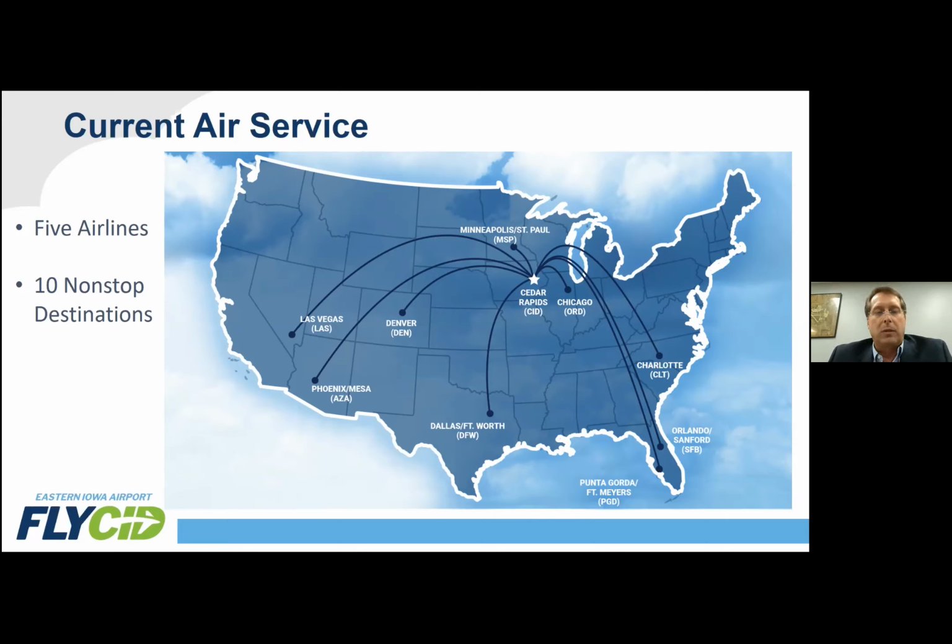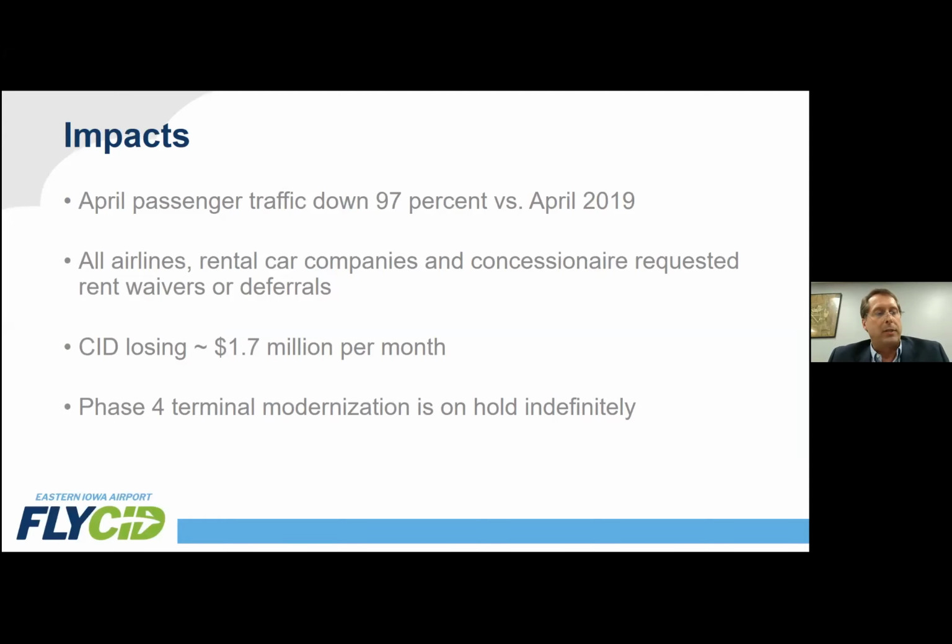But places like Lincoln, Nebraska are losing Delta service. Lansing has lost Delta. Peoria is losing Delta. Flint, Michigan's losing all Delta service. So there's many more of those stories out there. So like many businesses, it's tough sledding right now. And certainly in the aerospace industry, it's been unprecedented times.